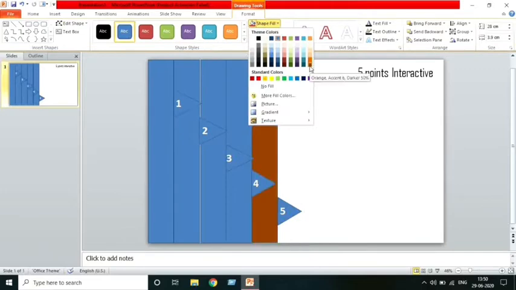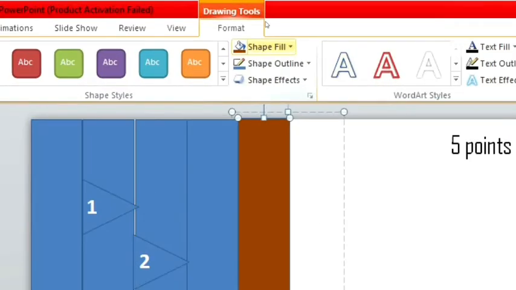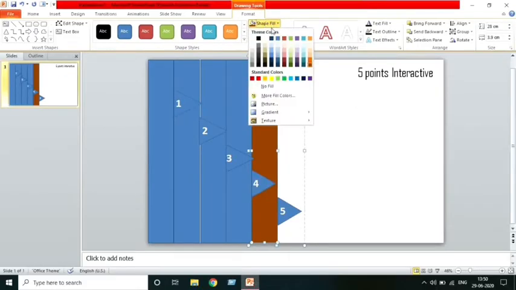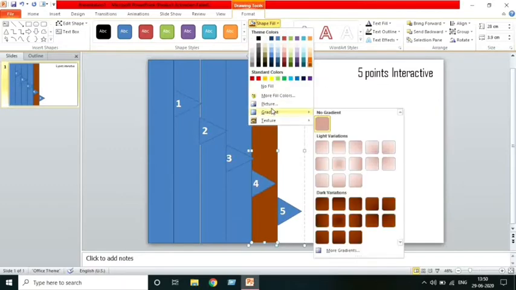Here you can say I will take this one. I will show you zoom, see, you need to click on shape fill. After clicking on shape fill, click on this color. You can add color according to your choice, no issues. After clicking on this, you go to gradient.